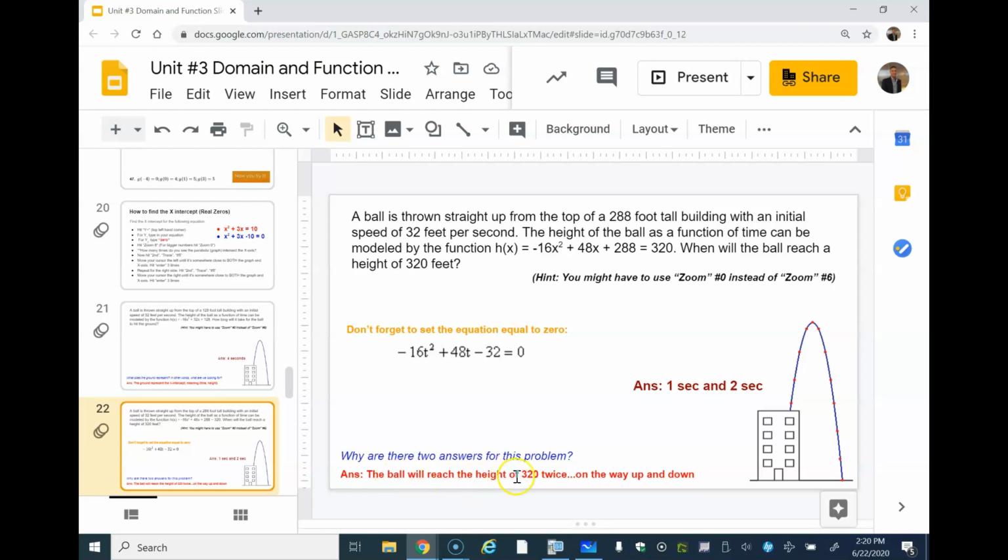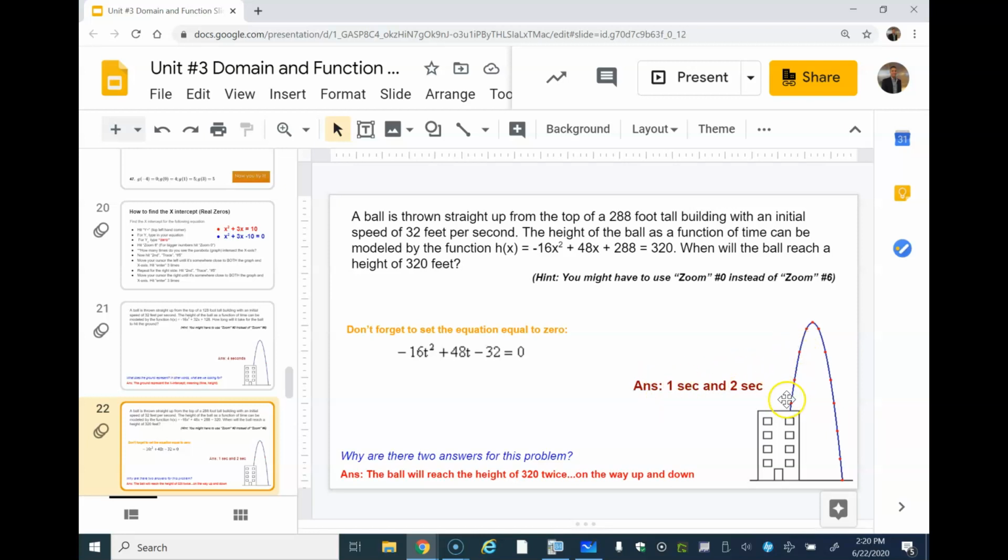And when will the ball actually reach a height of 320? Well, if we figure out what the height is, remember the building is 288 feet high. So we go up here. This top part here is 288. If we go up a little bit further, we know that right about here is maybe 320. So let's draw a line straight across, and it hits it 2 times, 1 time here and 1 time here. So when the ball is thrown in the air, it reaches the height of 320 right here at